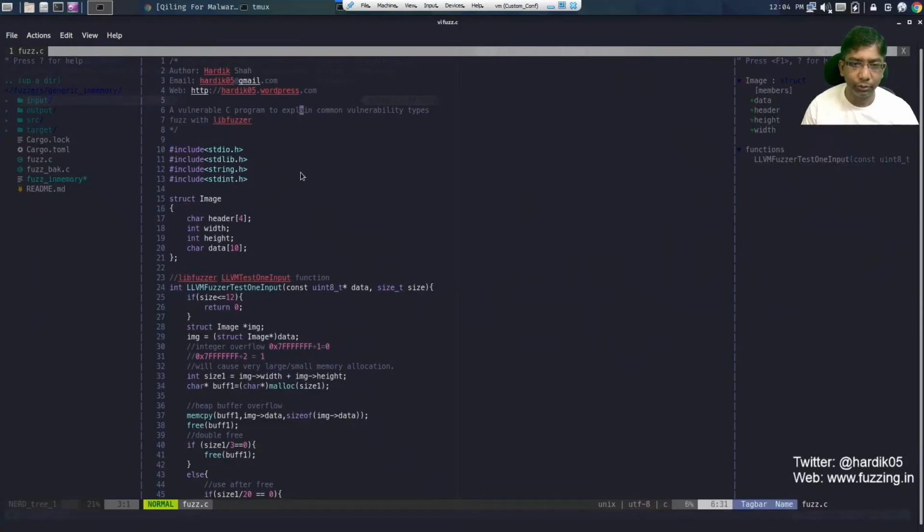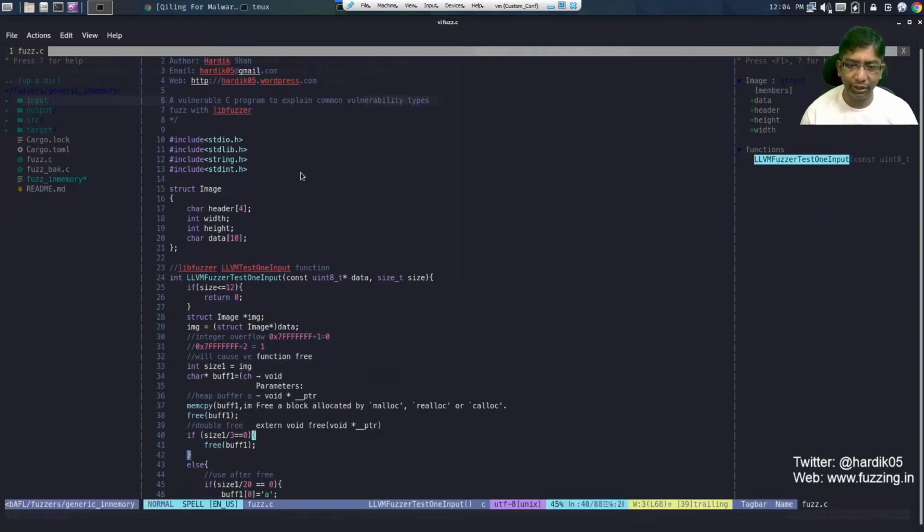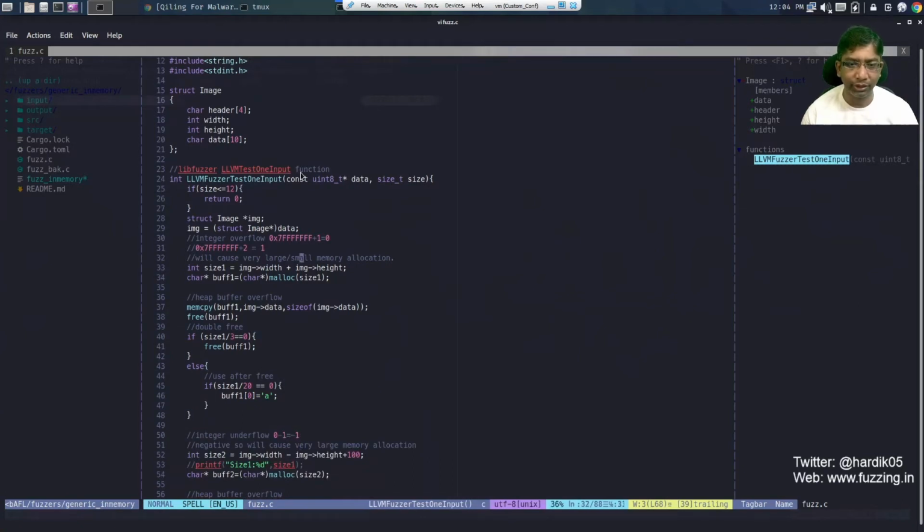Here you can see the source code of the fuzzer. Basically, what I have done is that I have taken my libFuzzer example from my GitHub repo. I'll be sharing this link in the description section of this YouTube video so that you can download and straightforwardly use this. I have simply taken that libFuzzer harness and copy-pasted it over here. You can see that it uses a function called LLVMFuzzerTestOneInput, and it takes a buffer, which is the mutated data from libFuzzer, and the size of this data.